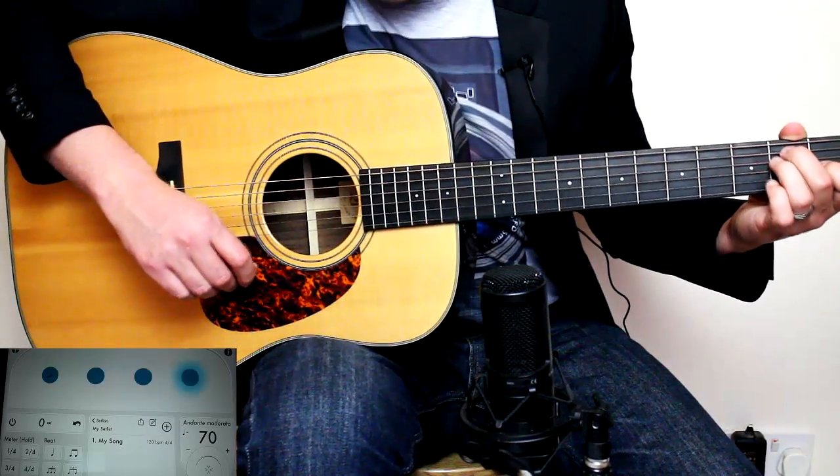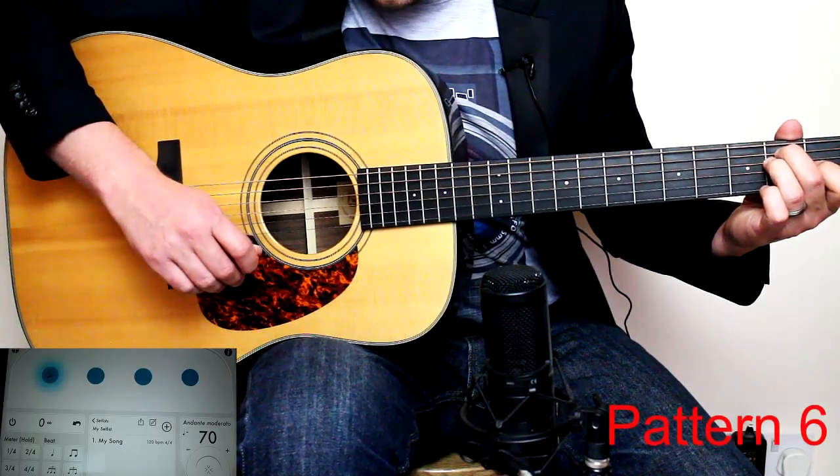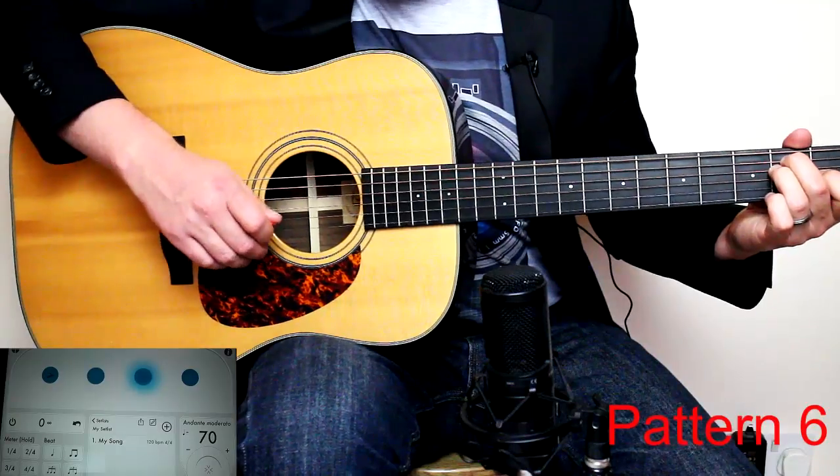As you play along. And finally, pattern 6. So, 2-bar rhythm. 1, 2, 3, and 4, and